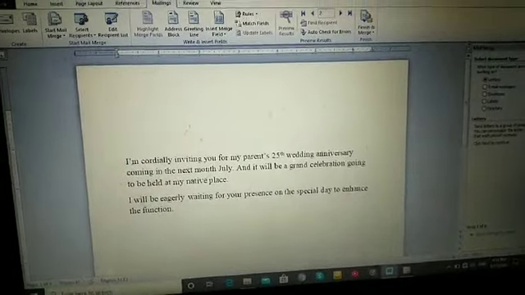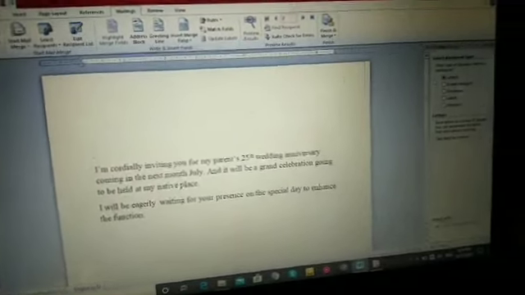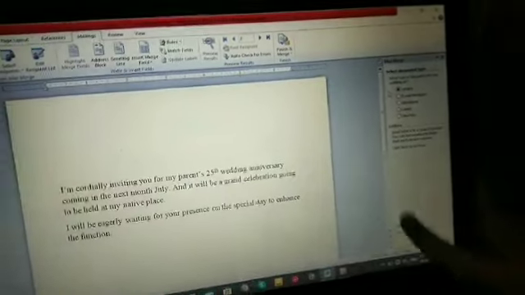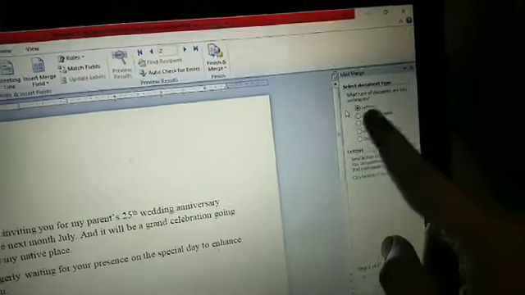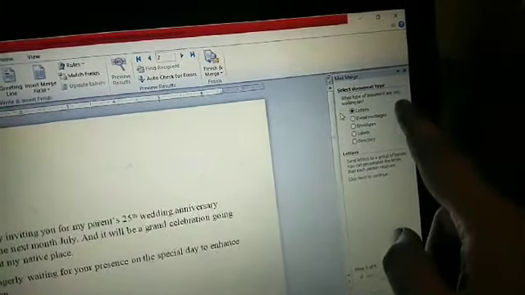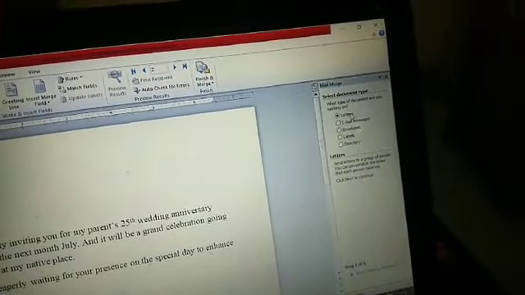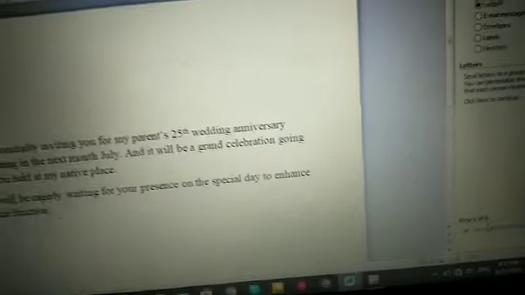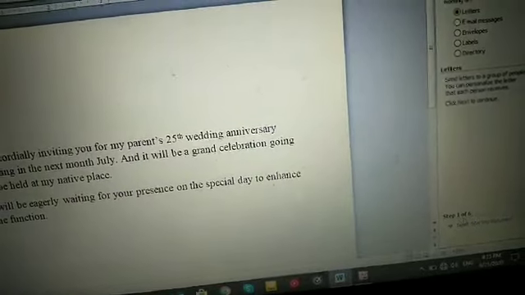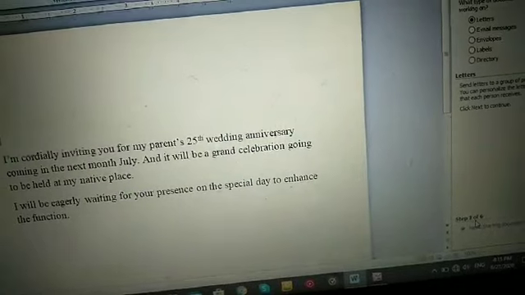After giving the step by step process, here is the task pane I told you about. There are a number of types of documents given. I'm going to send this as a letter, so I select the letter option. At the bottom you see how many steps in total? Step 1 of 6, so there are 6 steps.